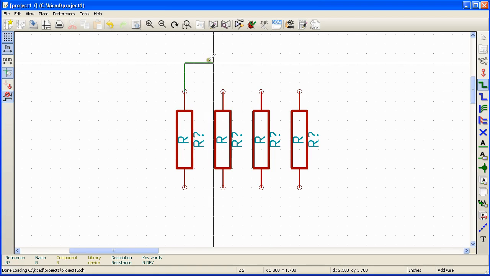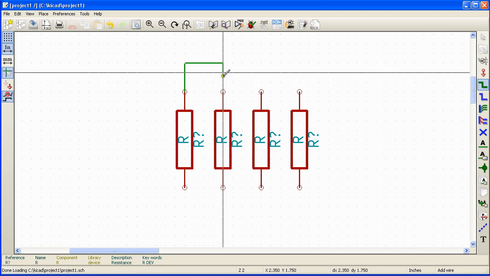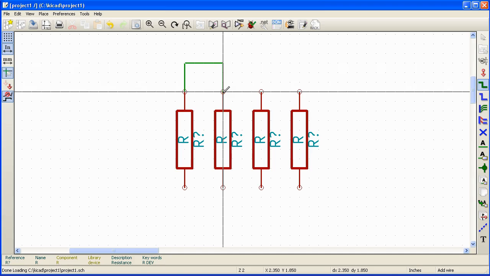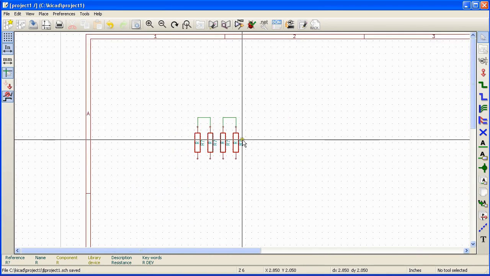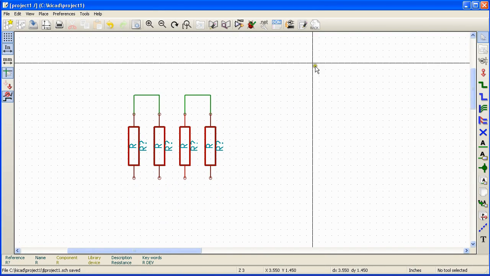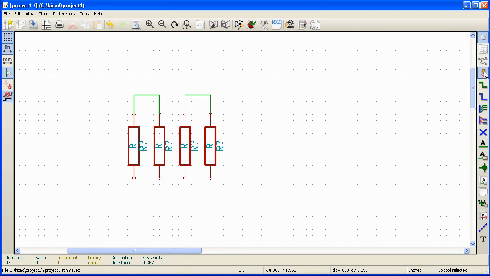To change direction, left click again. Now KiCad allows me to change the direction, and left click at the destination to finish the wire. One more important thing I want to mention here is how to place power ports. Power ports represent power supplies in the schematic. To place a power port, click on the Place Power Port tool on the toolbar